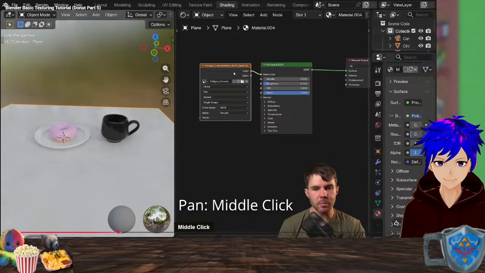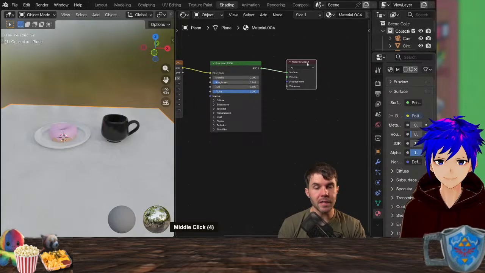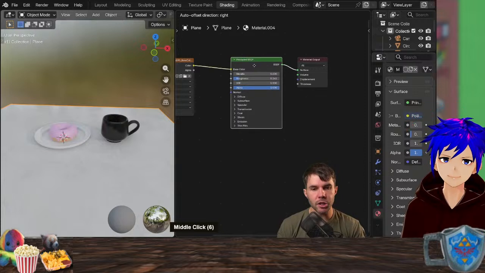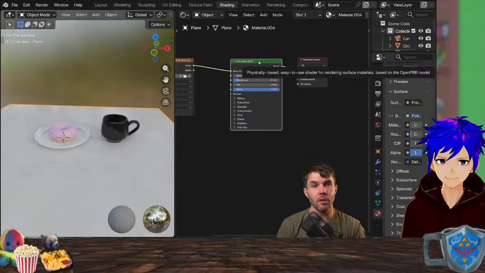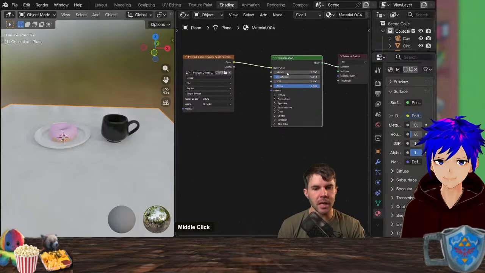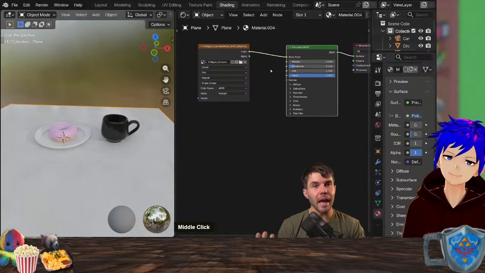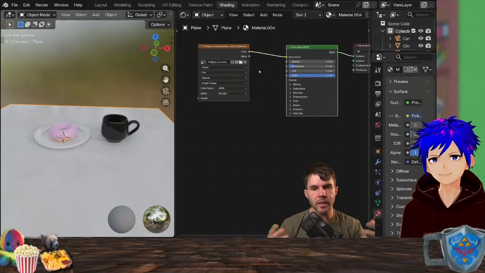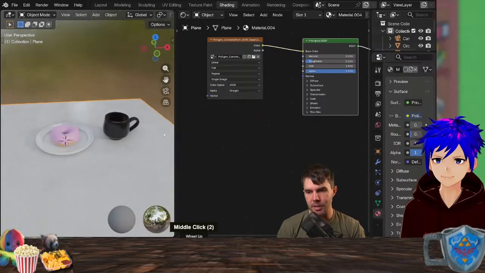And it's pretty self-explanatory to understand how shader nodes work. Over here, this is your material output. It's the final material. And generally you have a shader, which is something like this, Principled BSDF. That is the shader that you use for like 99% of materials now. And then you just have a bunch of values. And then you can connect things into this to do different things. I'm going to show you how we can tweak this texture and do a bunch of stuff. But first, let's load in some of those PBR texture maps.